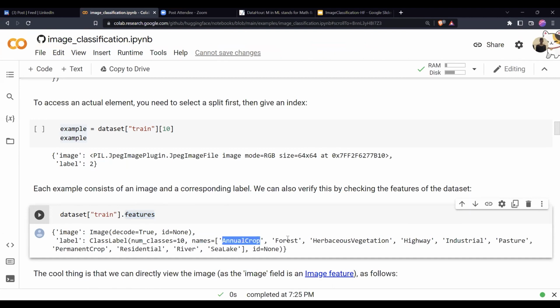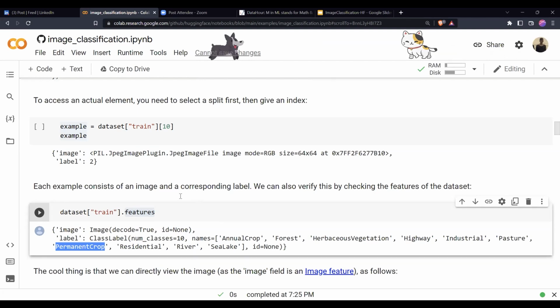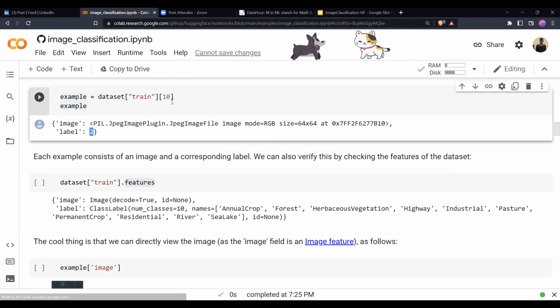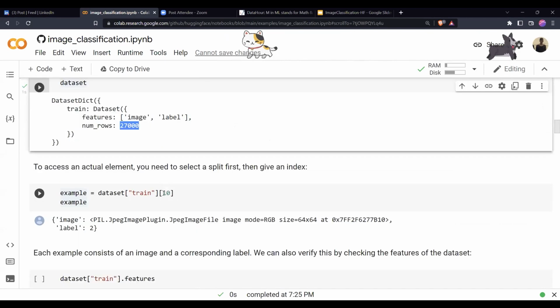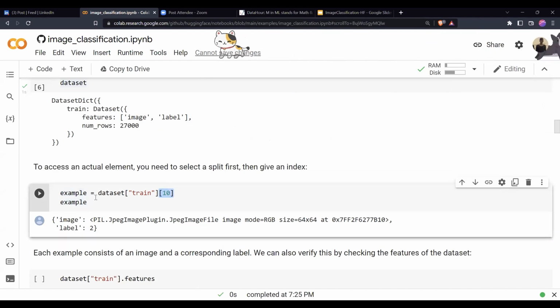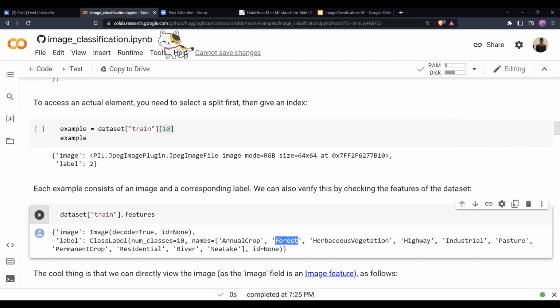One is annual crop, one is forest, one is herbaceous vegetation, one is highway, one is industrial, one is pasture, one is permanent crop, like that. At the 10th row out of these 27,000 rows, we have label 2, which would be forest.